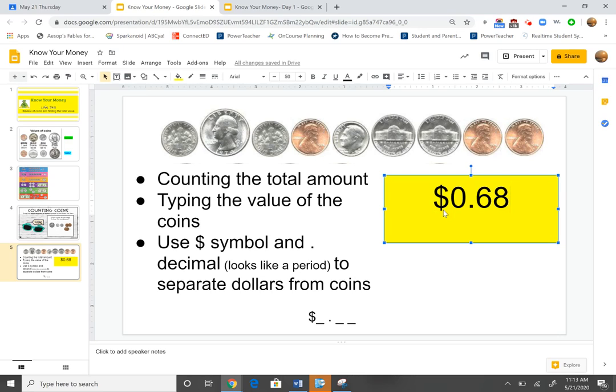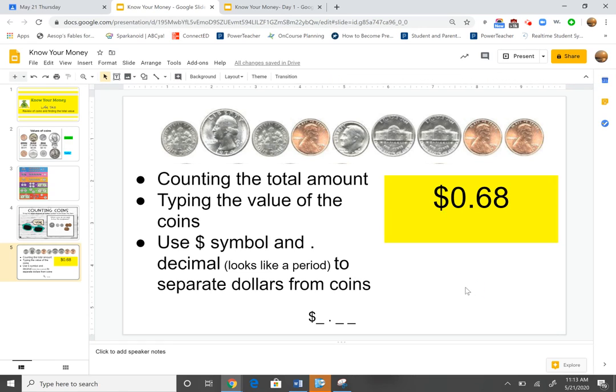Right? So just like what we did in time, money is a measurement also because you're counting on by certain value amounts. All right? And I think you'll do a good job on this. If you need to, you can always go back to those coins to see how much they're worth. And those are also shown on the Google Slides activity that you will be